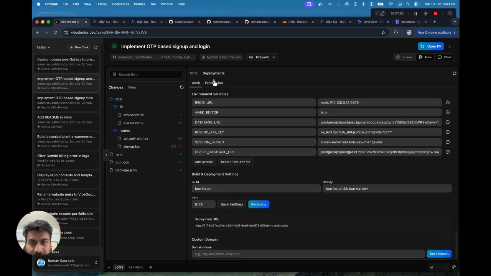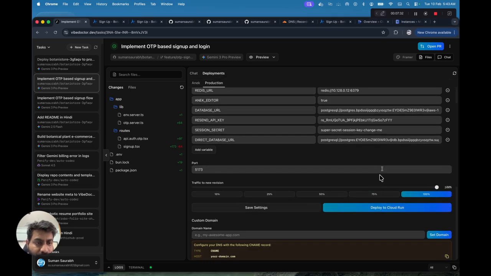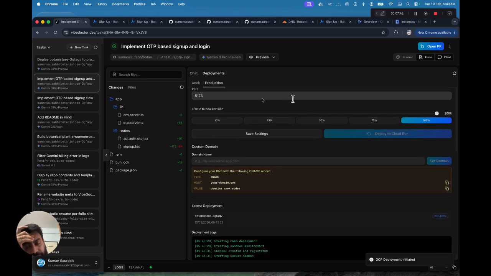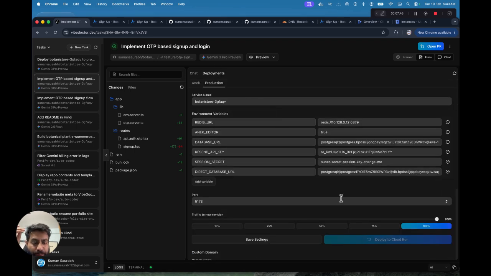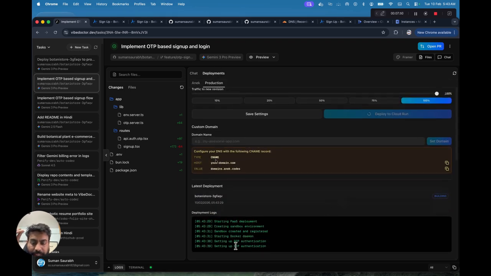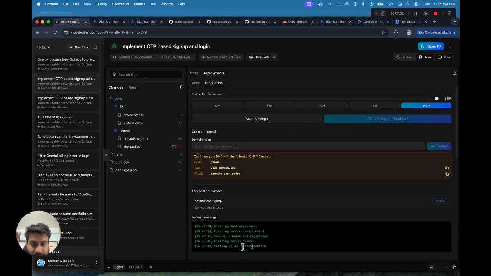We can just go over here, production deployment, click on Cloud Run, deploy to Cloud Run, and then it will just go ahead and deploy. This process can also be executed through our chat box, where we can add a message in the chat box and it will also get deployed. Right now we can see it started a process to deploy this thing